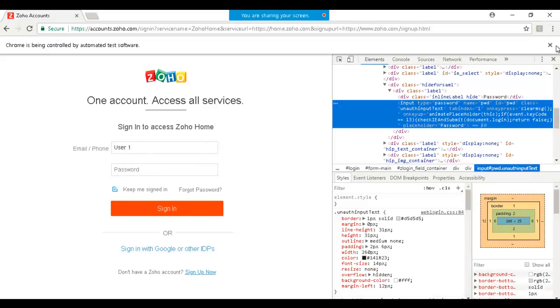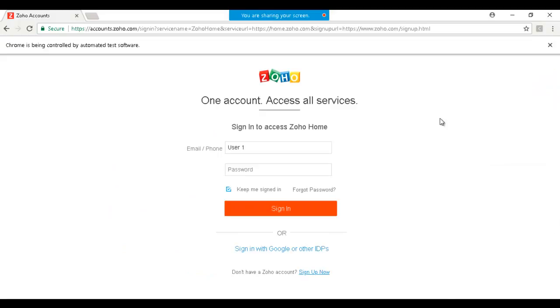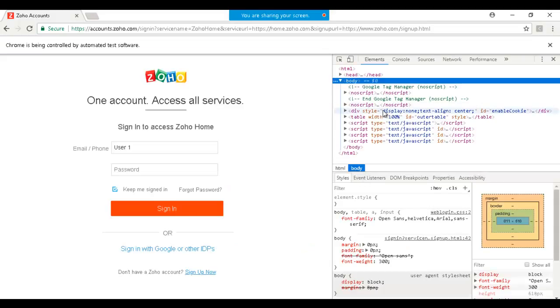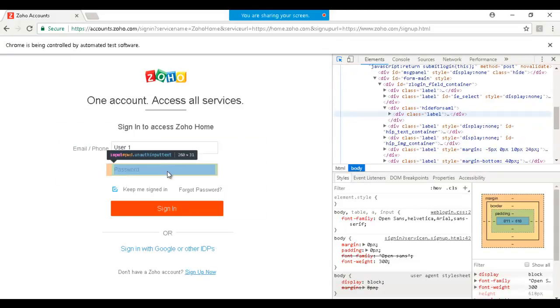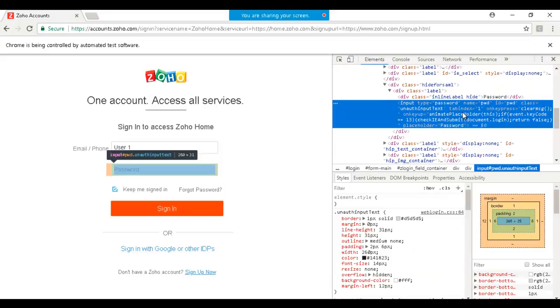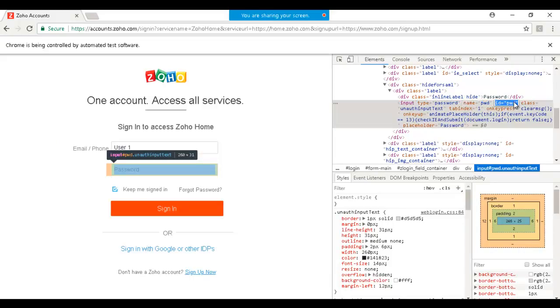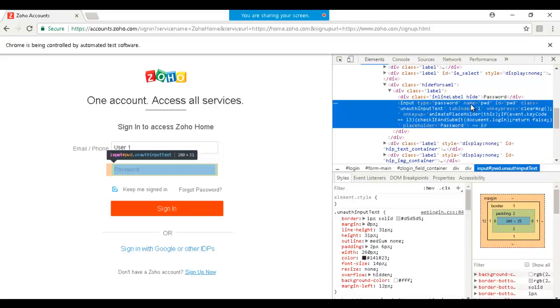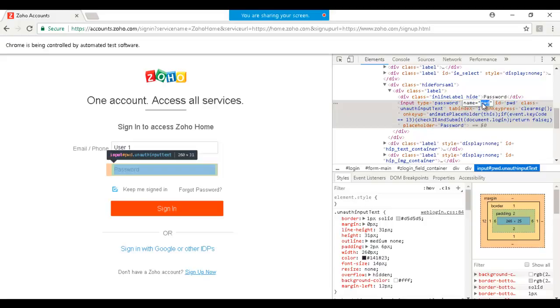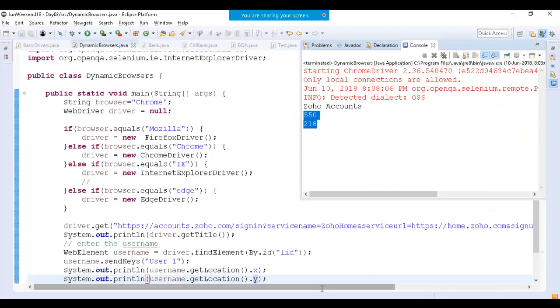Okay. The Chrome inspector can also be opened with a keyboard shortcut, which is F12. With F12, you can open this. Okay, you can click on this mouse, move the element over the password field. This is the password. The name of this field is PWD, ID is PWD. You can also identify the object name. Okay, you can write over here